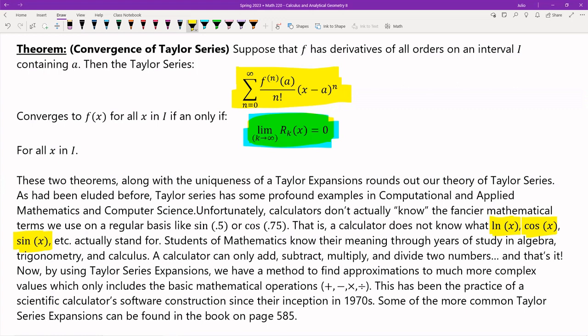So how does a calculator figure it out? Now, this is something that you'll learn if you do computer science. The only thing a calculator can do, really, is add, subtract, multiply, and divide two numbers. That is all it can do. So how does a calculator know how to find sine of pi, cosine of 0, ln of 0.5? The way it does it is it uses Taylor series expansions to find the approximations to much more complex